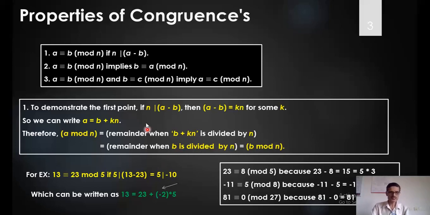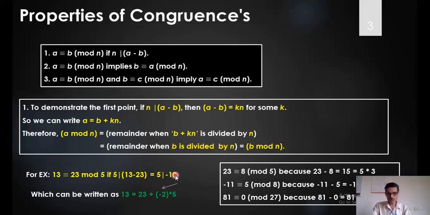Fine. Now take the same example here, 13 and 23. This is a, this is b. 13 mod 5 and 23 mod 5. What is the answer? The answer is 3, right? So that means this holds good. Or if I apply this particular condition again, 5 divides 13 minus 23. Is it true or not? That's what we need to check. 13 minus 23 is minus 10. So minus 10 can be divided by 5. Correct? So this condition holds good.